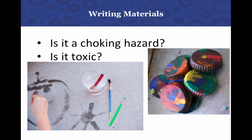Also, check your items for durability. Some jumbo crayons are large enough to not be a choking hazard, yet once they are tossed on the floor or stepped on by a young child, they break into smaller pieces. So if you have a material that is of a more crumbly or temporal nature, be close by and watch. If something starts breaking up, you're going to need to gather the small pieces and dispose of them away from